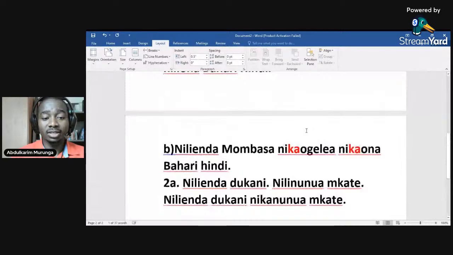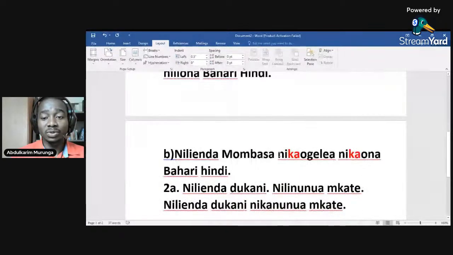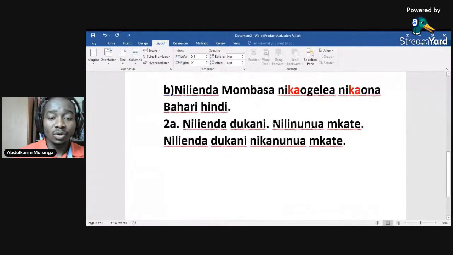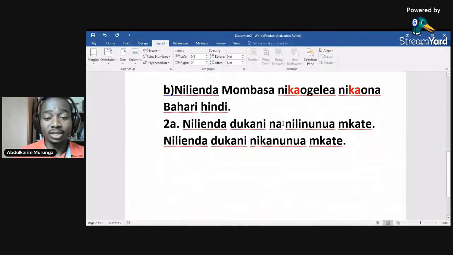Simply use the ka. Sawa? Simply use the ka. Ka there. Nilienda dukani na nilinunua